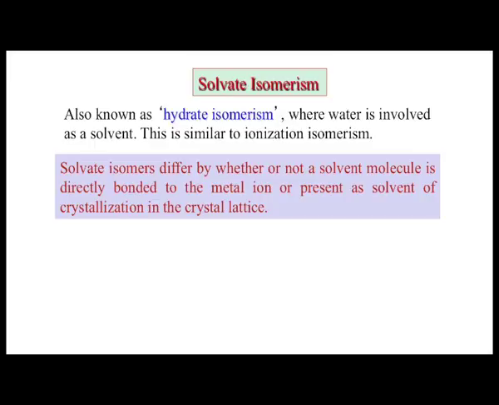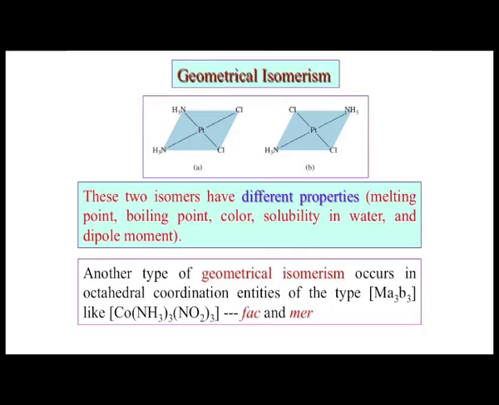So, these solvent molecules get trapped even if we do the reaction in some organic solvent like methanol, ethanol or acetonitrile. Those solvent molecules have chances to be trapped inside the crystal lattice, but sometimes those molecules can also go inside the coordination sphere to coordinate to the metal ion of the corresponding complex.